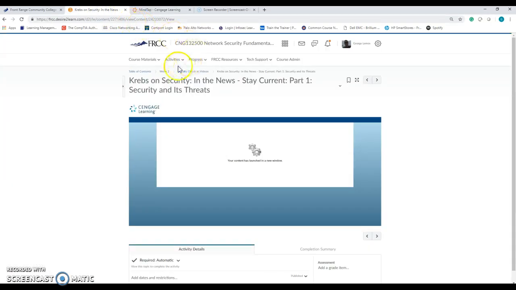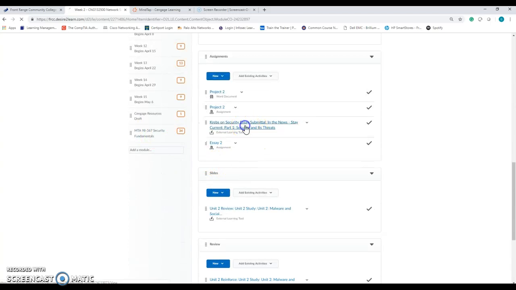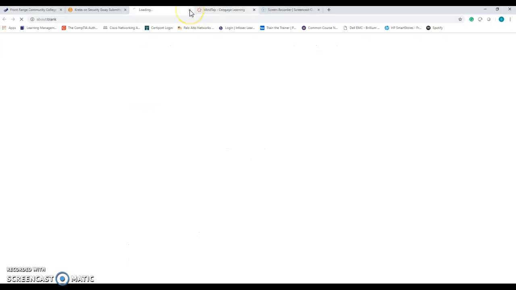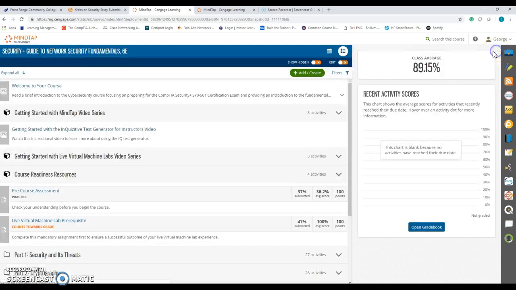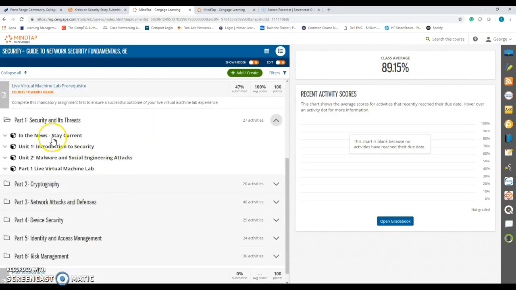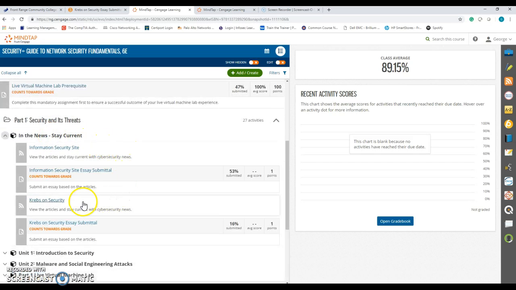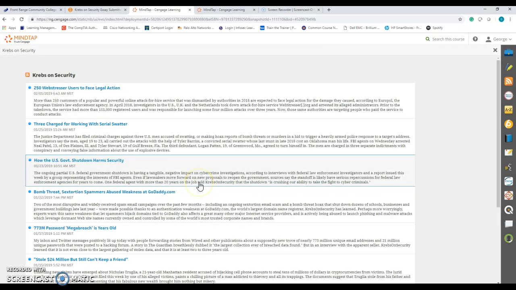The other way this can be done is simply by clicking the assignment. It opens up MindTap again. This time it goes to start the submission for this, but if you close this window and then go to Part 1, Security and Threats, in the news, stay current, and then Krebs on security, that's a different way to get to it. Once again, these first 2 weeks are you getting used to